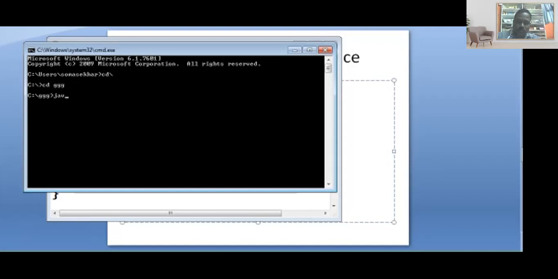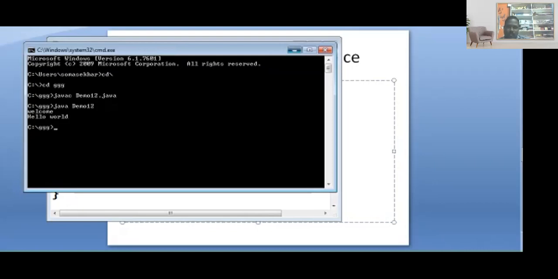javac is used to compile the source code: javac demo12.java. So javac is nothing but compiling the source code. Demo12 is the class name, dot java. So the code was compiled. I'm going to run the code. I'm going to execute the code by using the interpreter, java demo12. So here it shows welcome and then hello world.